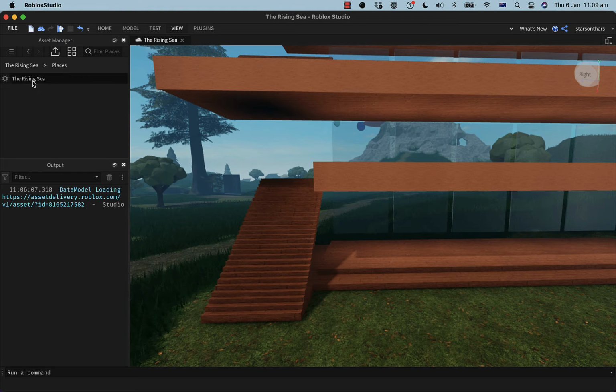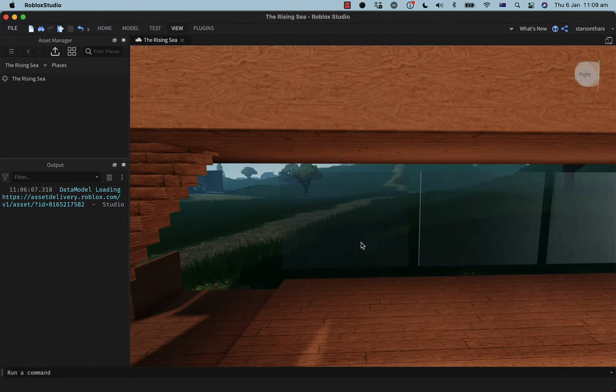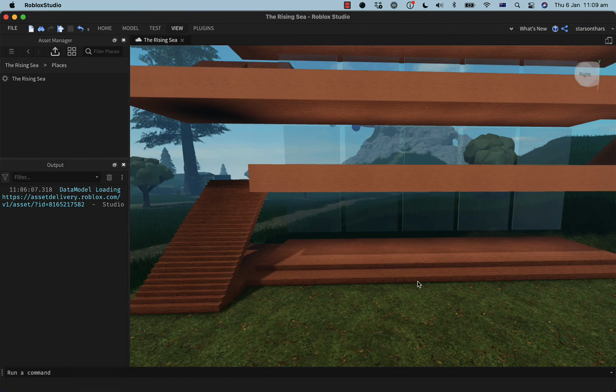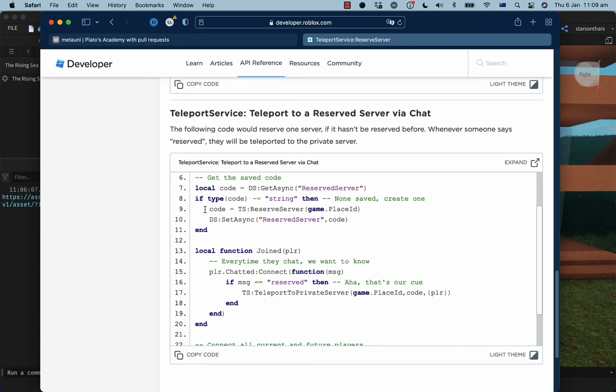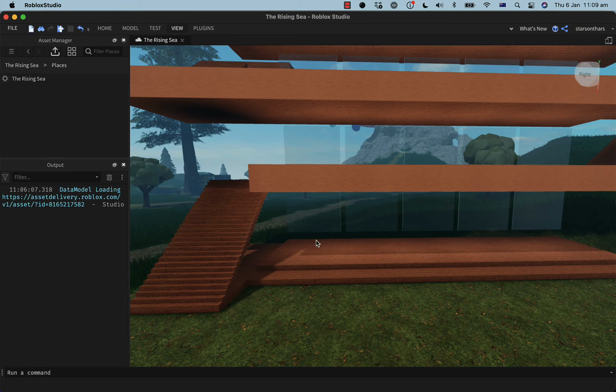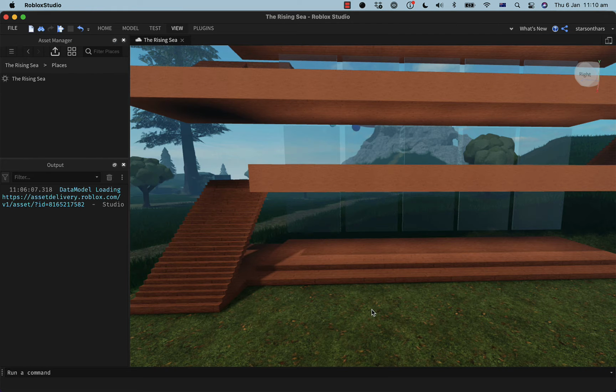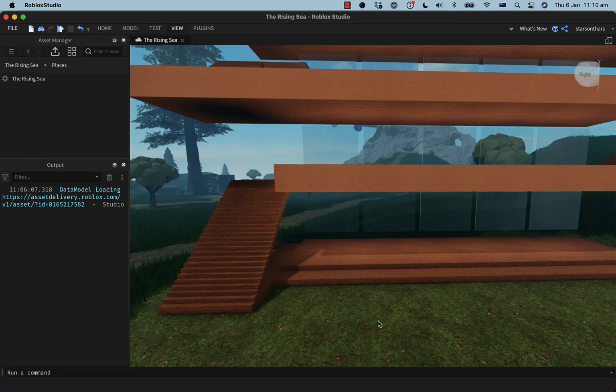So within TRS, maybe there's multiple templates. The templates would be the things that are spawned, copies of which are spawned when you walk through these portals. So we reserve one of those. That code is then stored into a data store that's remembered as the destination associated to that portal. And then we can just call teleport to private server using that place ID and that code whenever somebody walks through this, just as we do with the existing teleports.